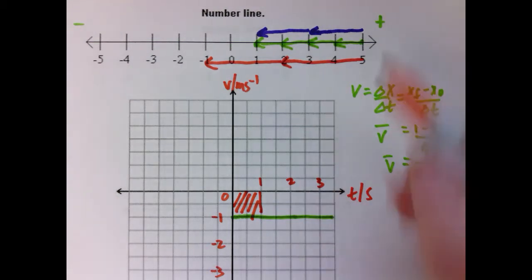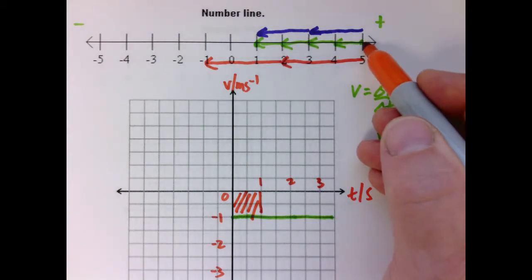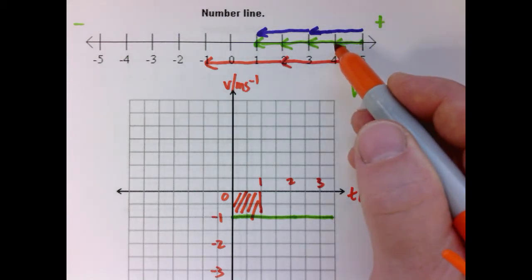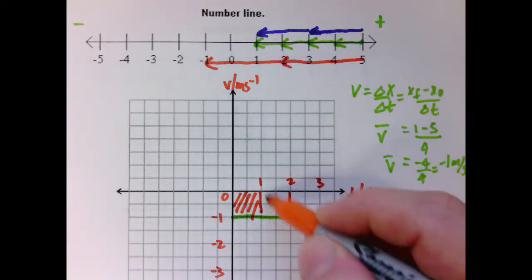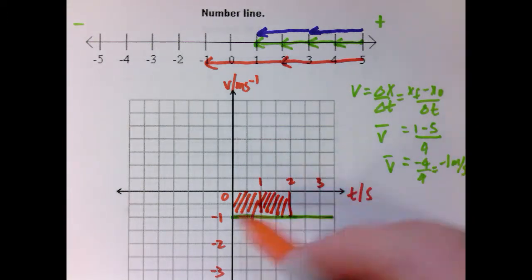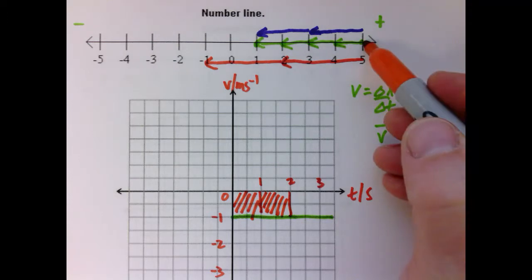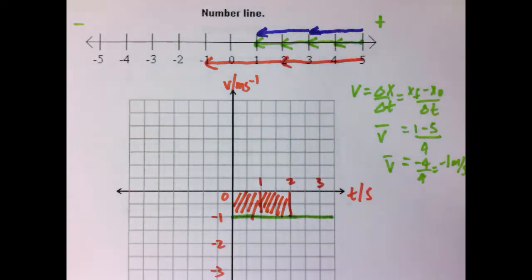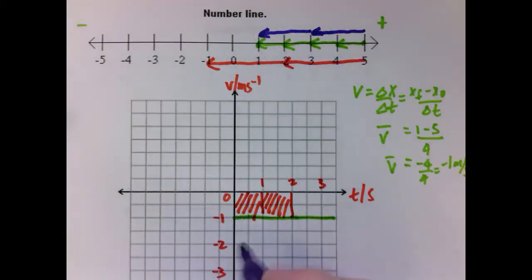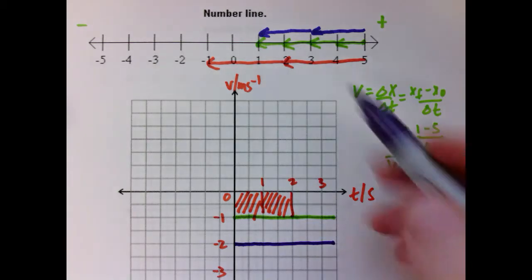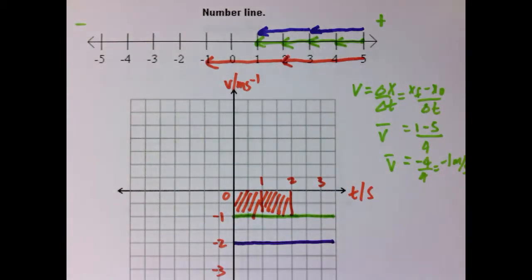Oh, in 1 second, the displacement changed by 1 in the negative direction. And after 2 seconds, we have -1 times 2, or -2. The displacement is 2 in the negative direction. Plotting the other graphs, we had the second one that was at 2 meters per second, the blue one, and we had the orange one that was at 3 meters per second,